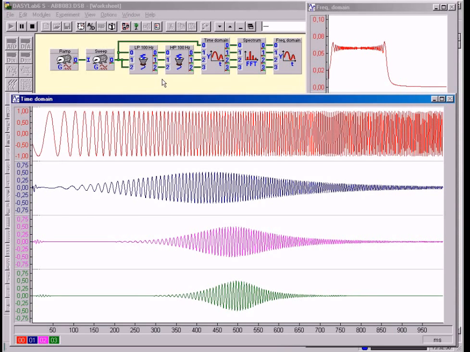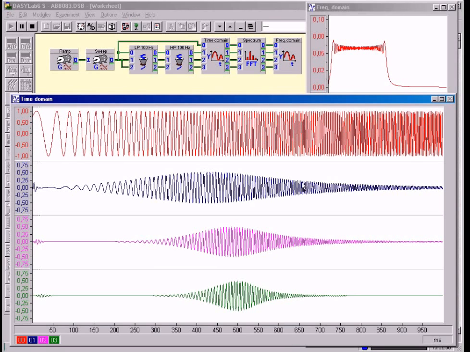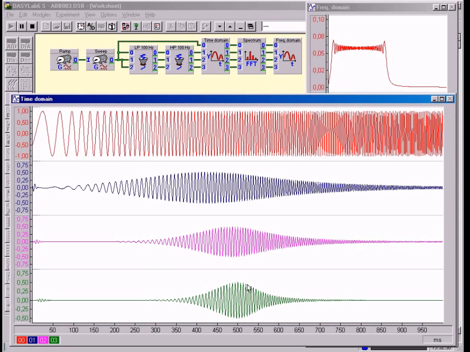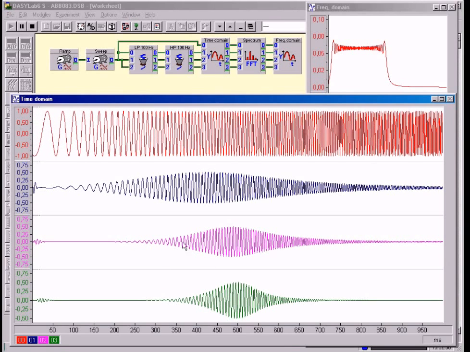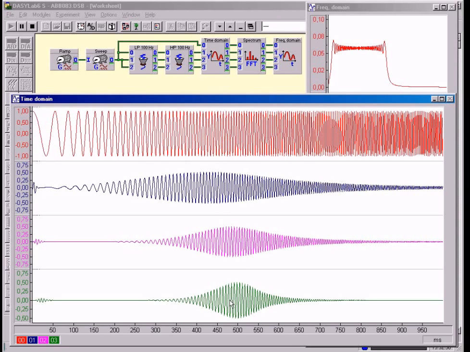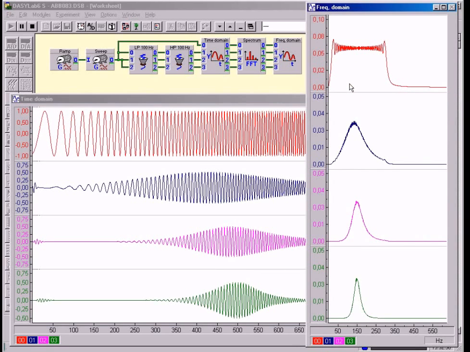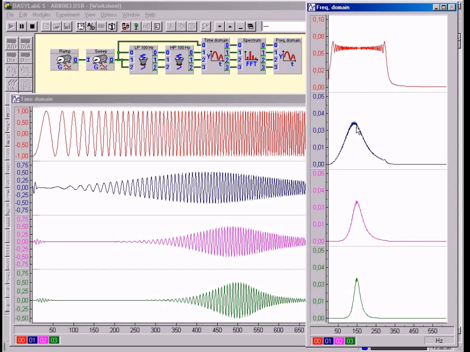The sweep responses show that in all cases a bandpass was tested. The envelope seems to be somewhat like the transfer function of the bandpasses, but the center frequency seems not to be the same. If we look at the FFT of the sweep response, we see the filter curve of the 3 different bandpasses. Now they have the same center frequency. This shows that the whole information about the bandpass was hidden in the sweep response in the time